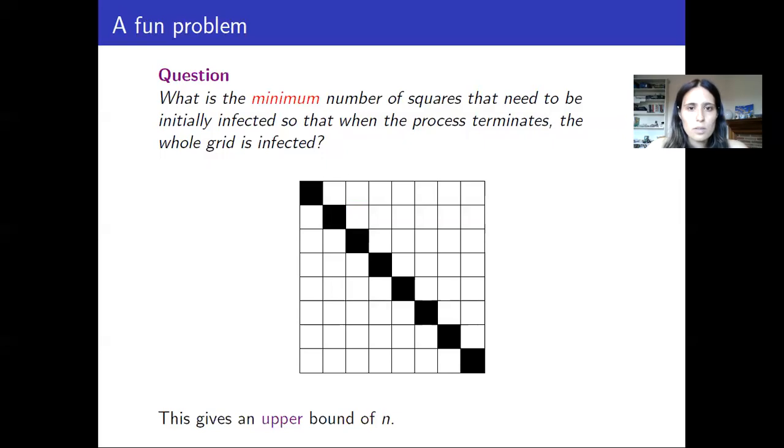So what I'm going to do is I will tell you the answer to this question at the end of the talk. But again, it's a really nice problem. So if you want to pause the talk for however long you want, have a think about this question and then come back. I would strongly encourage that you do that. Just a hint before you go.